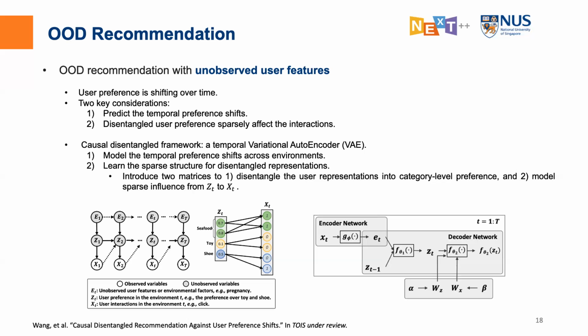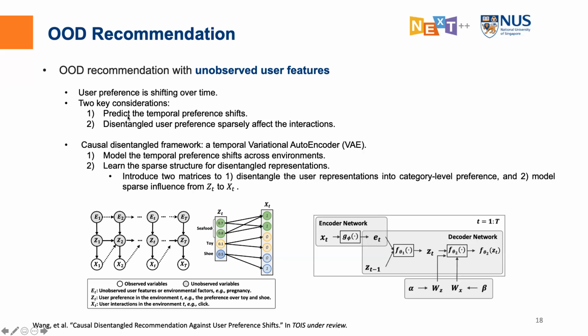For the first point, we can select some users whose interactions have a significant distribution change over time. So we identify these users. It means that some factors must affect the user preference. We identify these kinds of users and test the performance over them. These out-of-distribution interactions will justify whether the model has better generalization ability. So how do we achieve that?